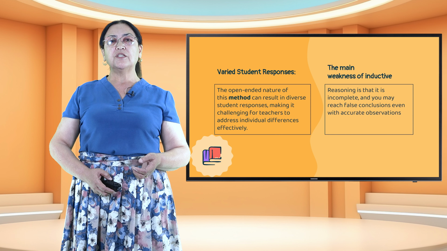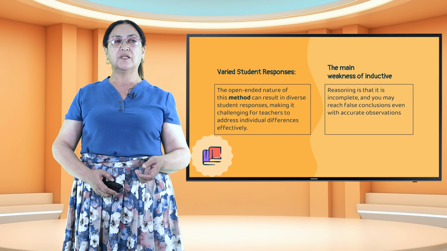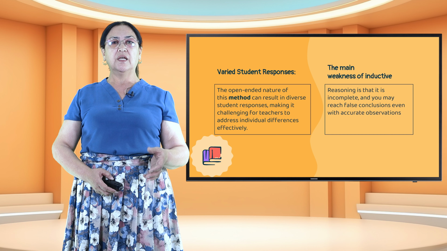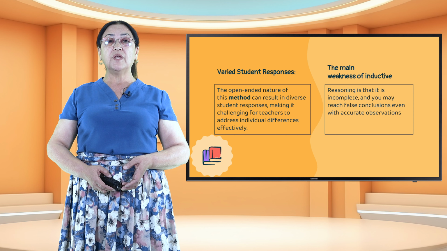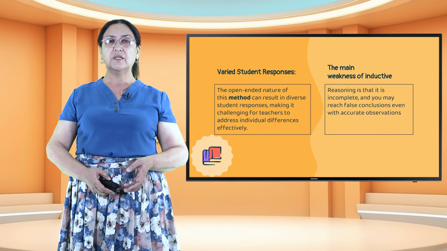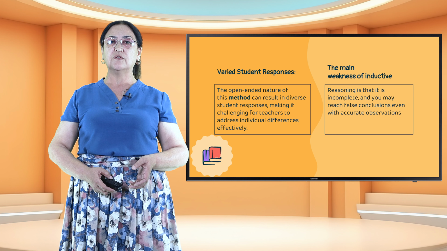So, varied students' responses. It means each student gives their answer and they vary. The open-ended nature of this method can result in diverse student responses, making it challenging for teachers to address individual differences effectively. And the main weakness of inductive reasoning is that it is incomplete and you may reach false conclusions